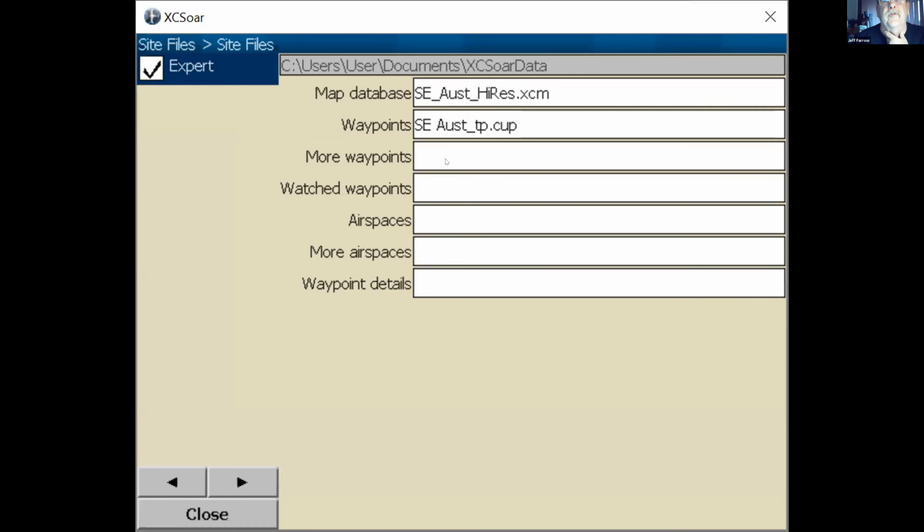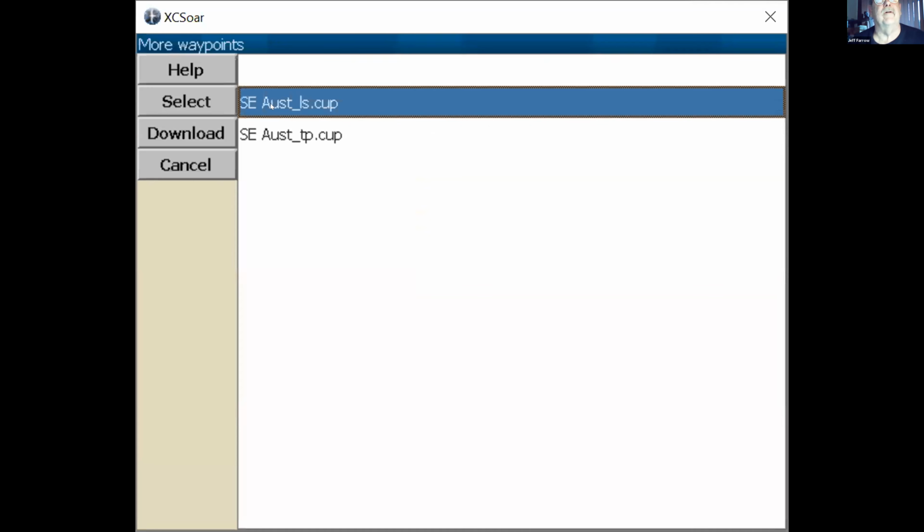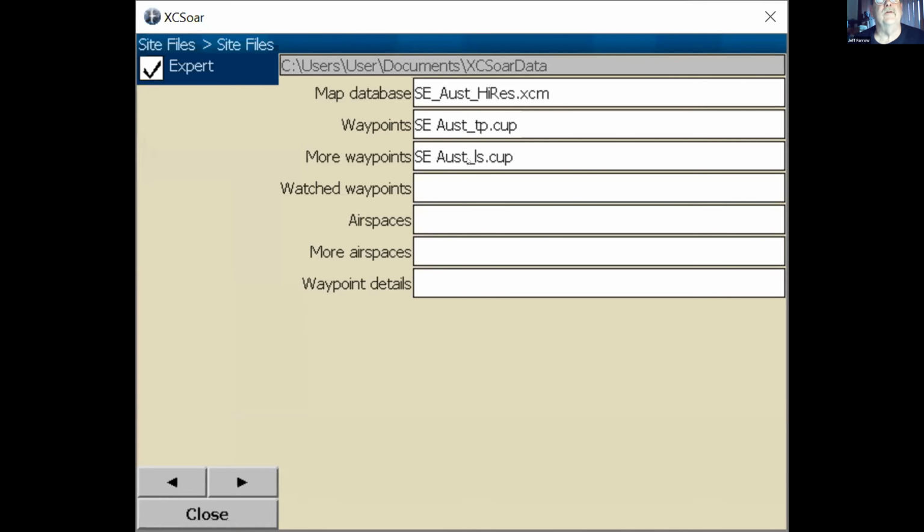Normally that would be used, for instance, if you're going to a competition and there's a local competition file. Rather than getting rid of all of yours, you can just add in the competition file, as long as you know that both are going to be shown and they're not going to conflict. If you've got two different definitions for banana airfield, then it might be worthwhile sticking to the one that's for the competition. In my case, I have a series of fairly derelict landing strips that could be used in extremitas, so I put those in there.